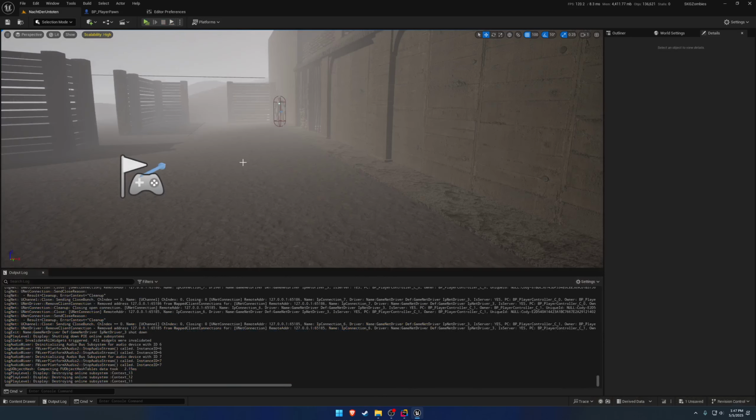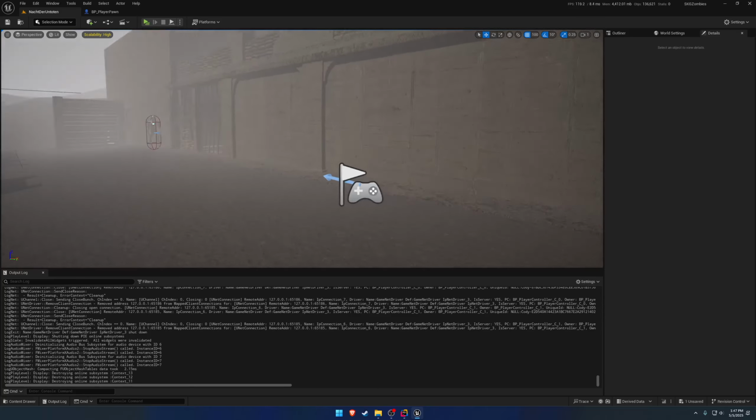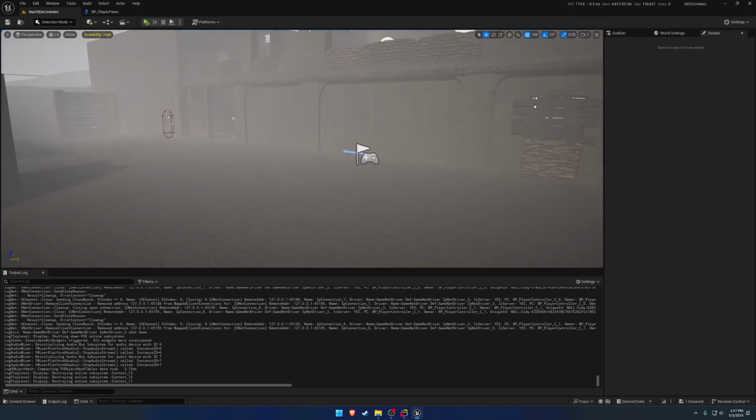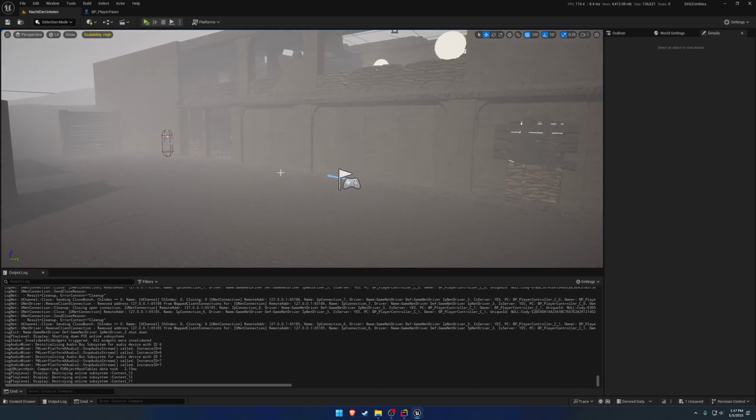So I'm pretty happy with that. And I'd say we are good to go with our sprinting. So I just wanted that all to be implemented because that's kind of our boilerplate, I guess you could say, complete. So moving forward, adding different things to our movement component is going to be a lot just overall simpler